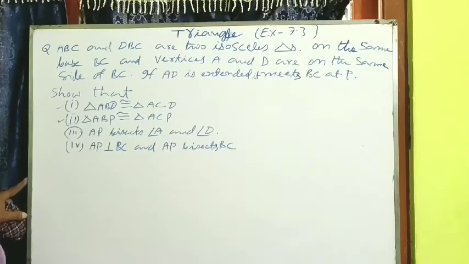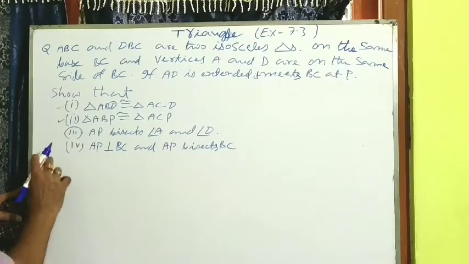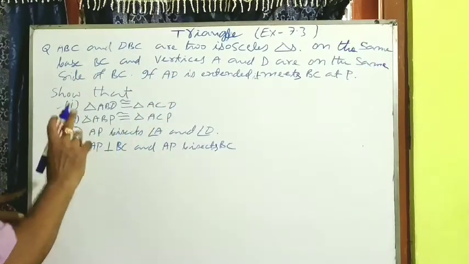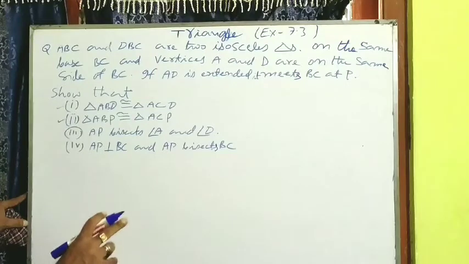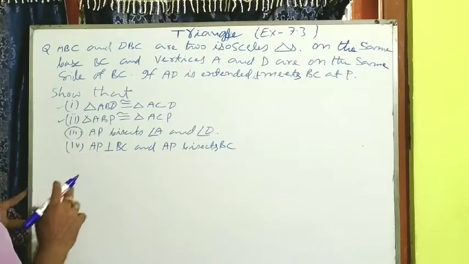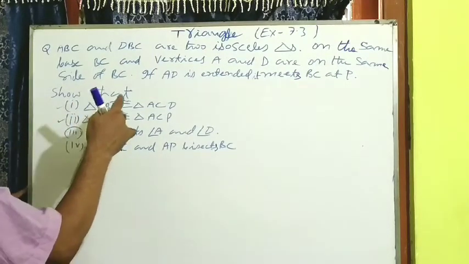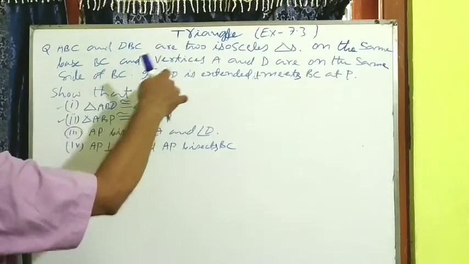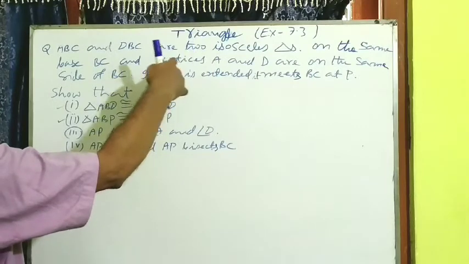First of all, let me draw the diagram. After that, these are the question. This is the question. Now, you are not supposed to write the question in the answer script. You have to start from the drawing. Drawing I am getting from the ideas or from the data given in the question.